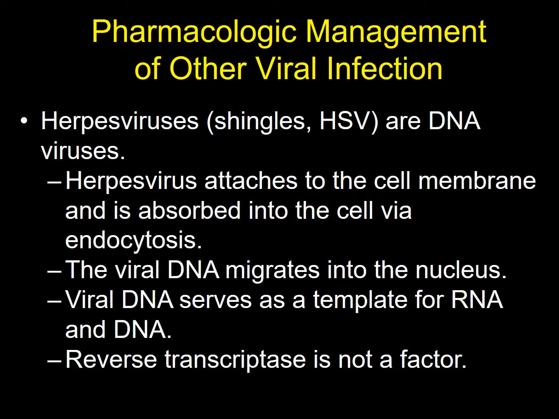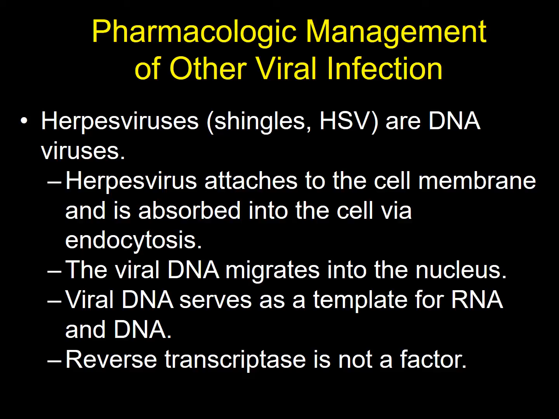Herpes virus attaches to the cell membrane, just like we've discussed with HIV, but whereas HIV attaches to the T lymphocyte membrane and is endocytosed there, any cell that a virus infiltrates, it's going to screw up the function of that cell. So obviously HIV messes up immune function because it infiltrates lymphocytes. Herpes viruses infect mucous membrane cells. They're more cutaneous. So herpes attaches to the cell membrane of your mucous membrane cells and is absorbed into the